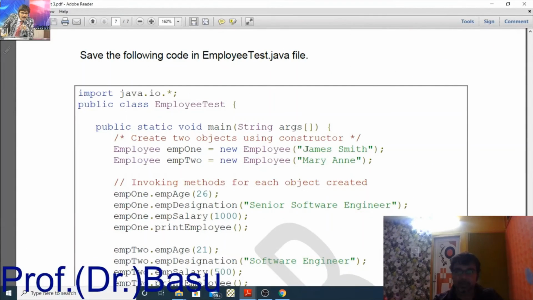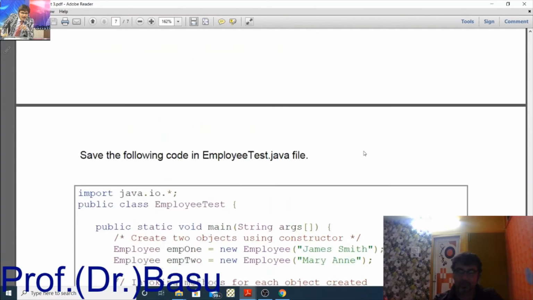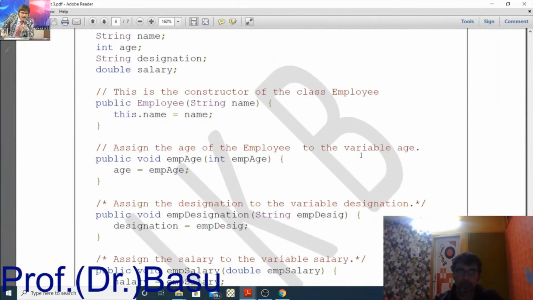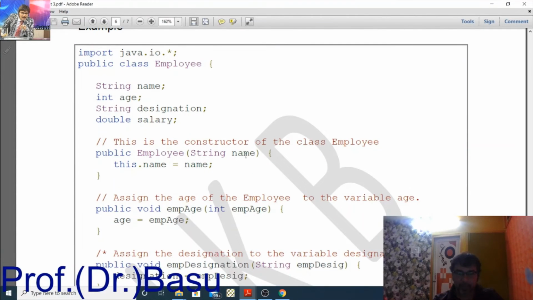If you can see this James Smith, for this EMP1 object we are passing this James Smith name as a string. So this James Smith will be caught here, this name, and this is a local variable for this employee. So this name must be assigned to the object of this employee class. This dot name means this name, and this name and this name are not the same. This name is a local variable of this, which we are